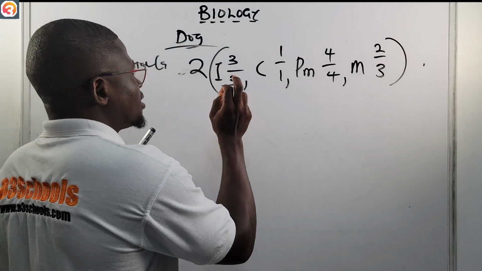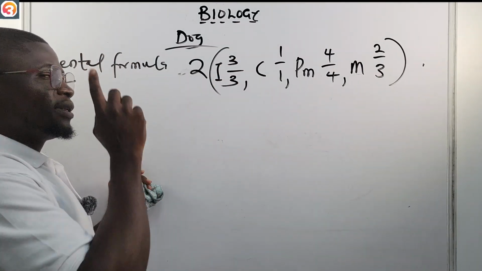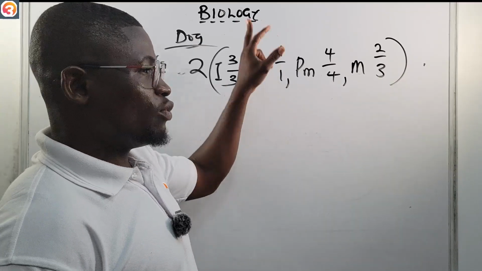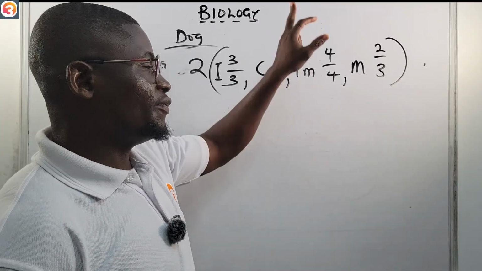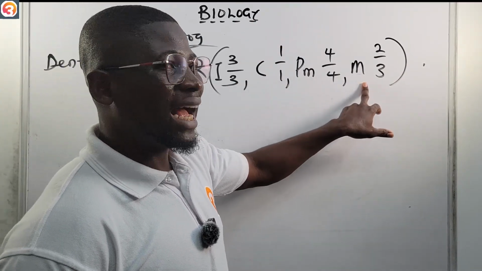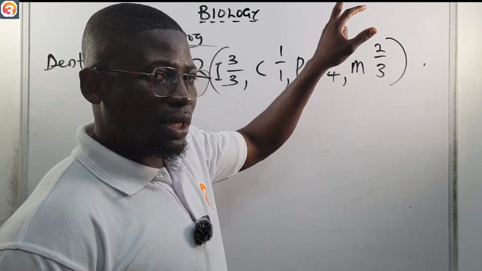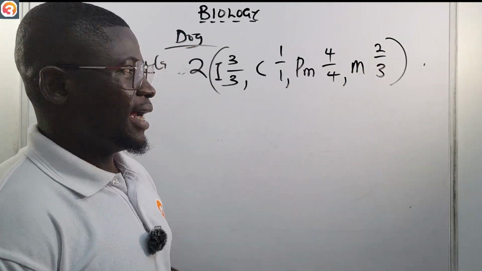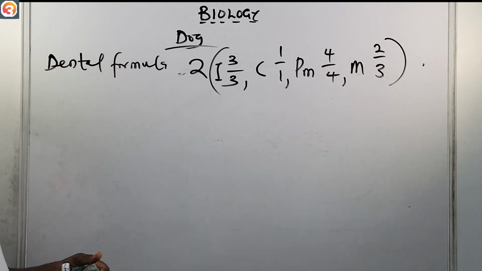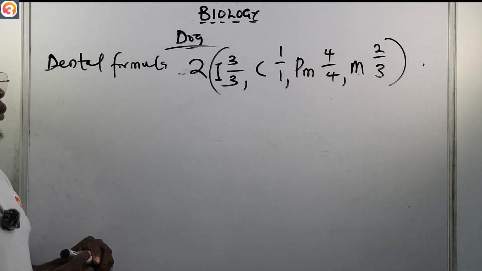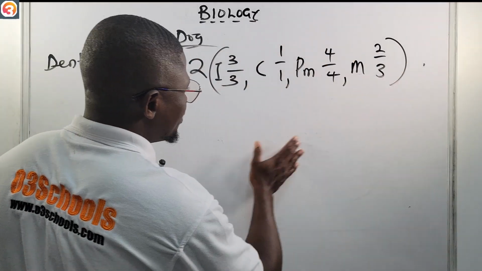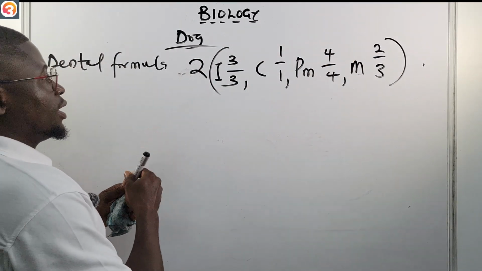Now the incisors, they are 3 up, 3 down. Then the canines, 1 up, 1 down. Premolars, 4 up, 4 down. The molars, 2 up, 3 down. All right. This is the dental formula for a dog. So if you want to calculate the total number of teeth for this dog, okay, I'm going to have